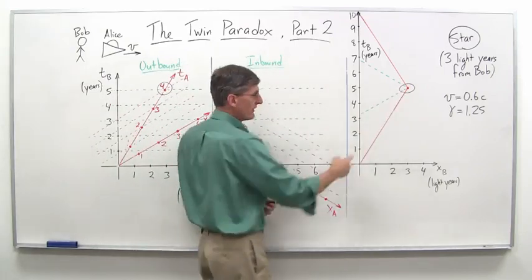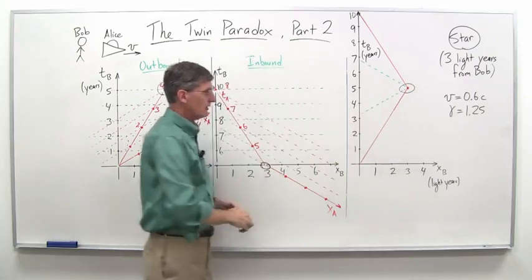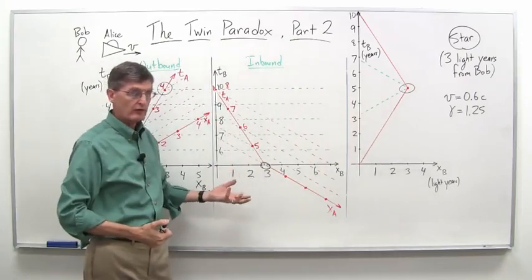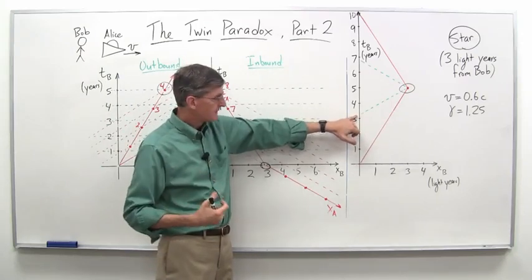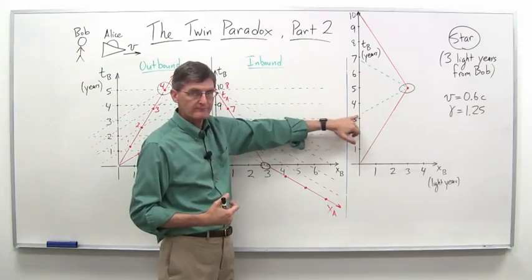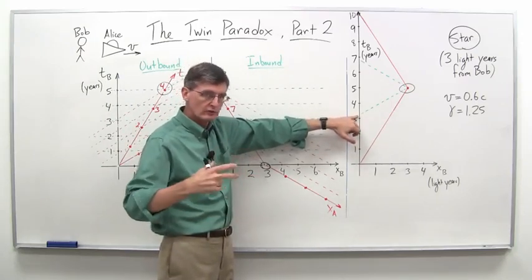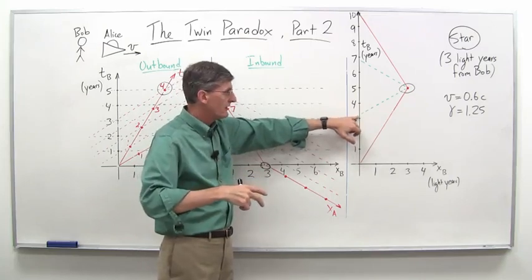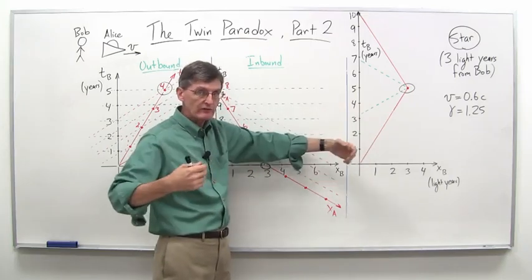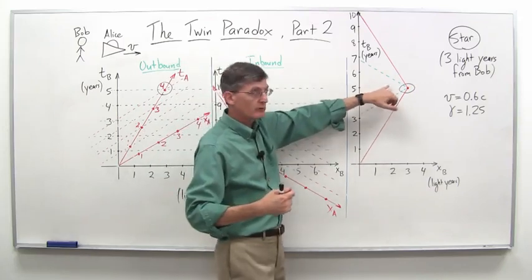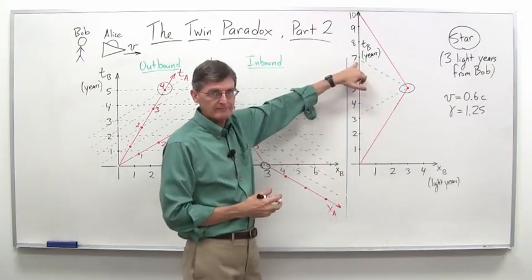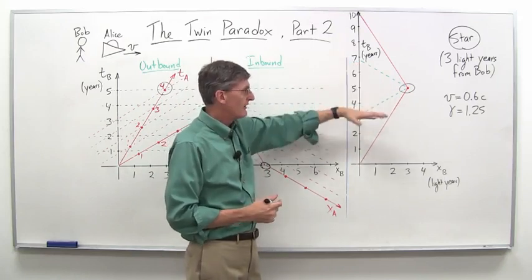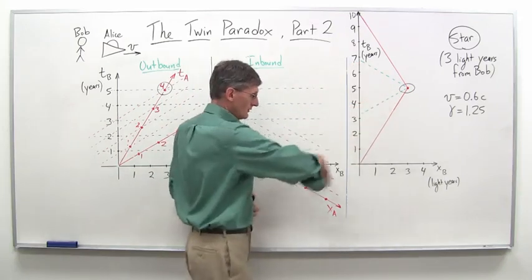Right before she turns around, if she took photographs of all her clocks and Bob's clock back here at the home planet, his clock would read 3.2. As soon as she goes through the process of turning around and then looks at her lattice of clocks and sees where Bob's clocks are back at the home planet, look where it is. It's up at 6.8, actually. Okay? So in that turning around procedure,